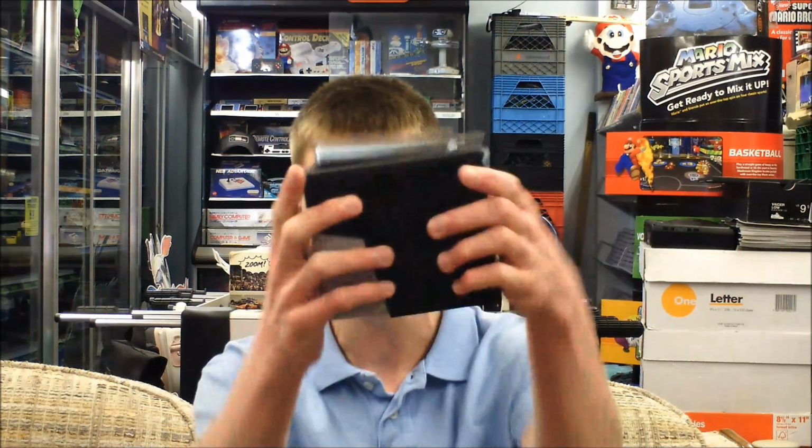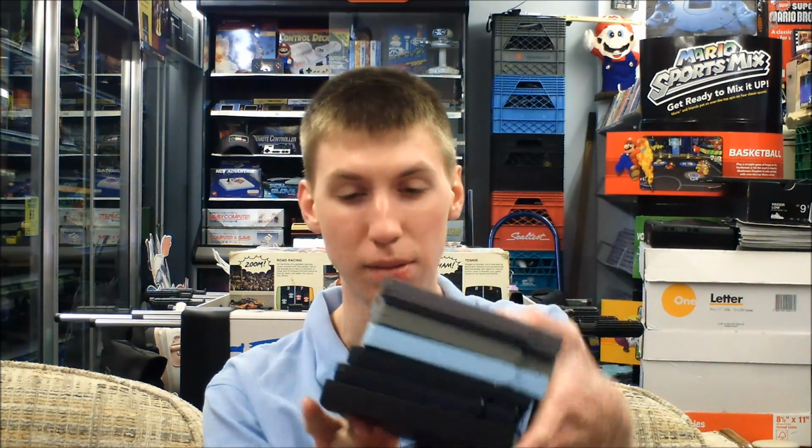So I'm going to be showing off a whole bunch of stuff that I got at this swap meet, and we're going to start with something that I always love to show, and that is some NES games, something that I don't pick up too regularly these days, and as you can see, I have 6 in my hand, although one of them is not going to count towards my main total of North American games, and you will see why shortly, but that leaves 5 to add to my previous total of 710, so I'm now up to 715